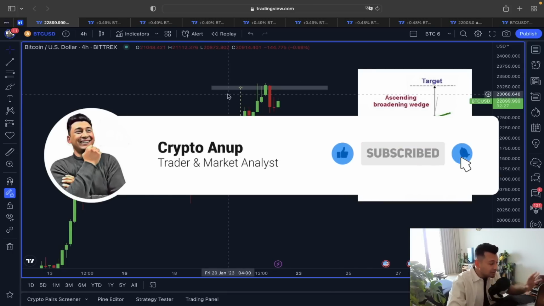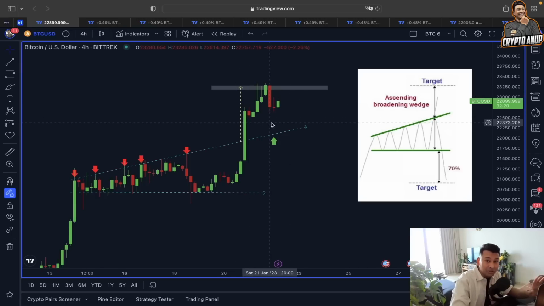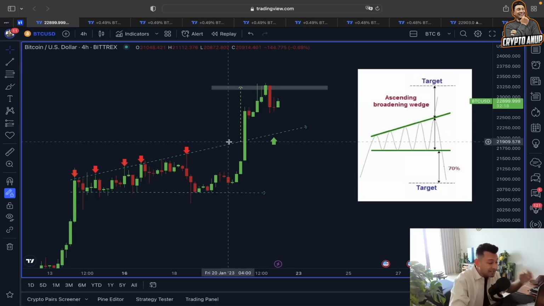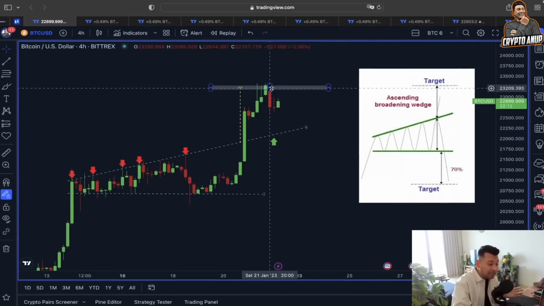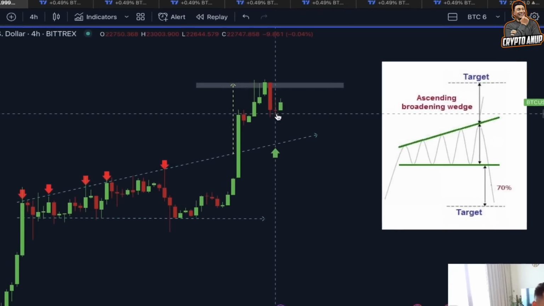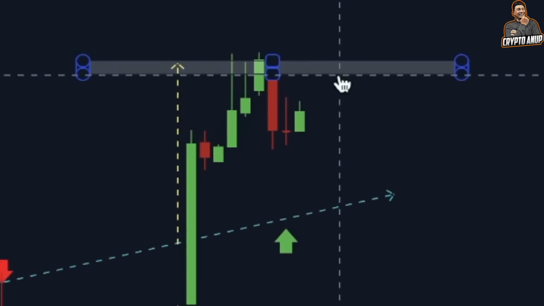So starting this in a smaller time frame, I am going to keep it very simple, as you guys already know. According to this ascending broadening wedge, the price of Bitcoin did come exactly at the target line from this ascending broadening wedge, which was around the 23,200, 23,000 range, and after that we showed this weakness, and now the price does look like it could be preparing itself for this next impulsive movement.